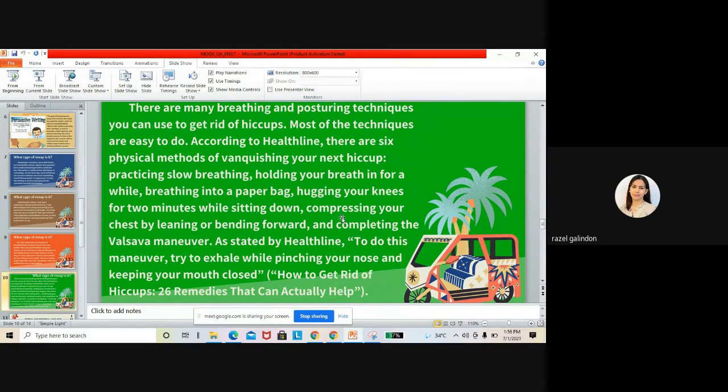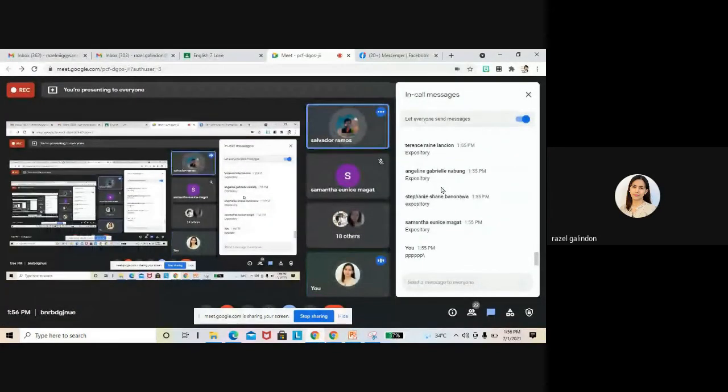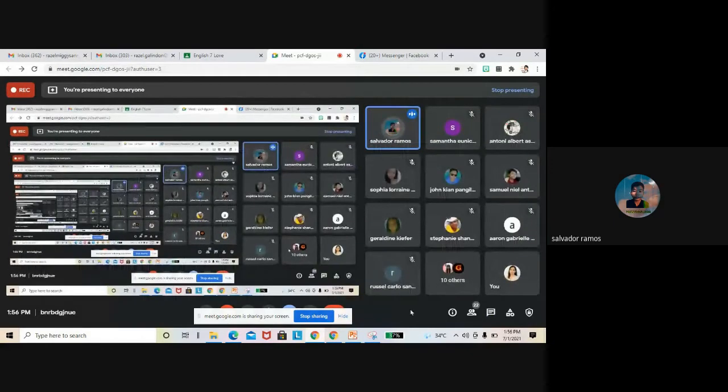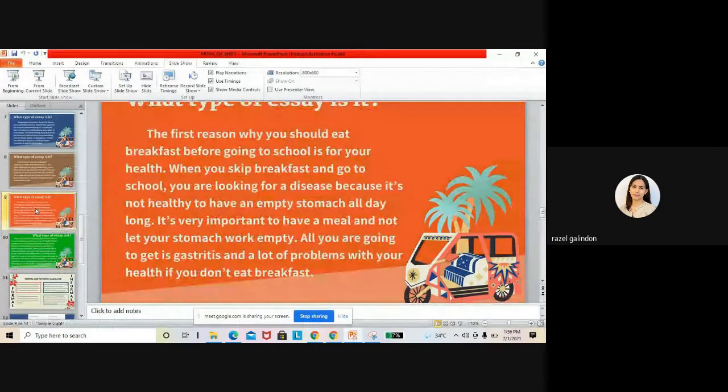Okay, so we're done with the 4 types of essays. Before we proceed to formal and informal language, do you have any question regarding the 4 types of essays? Yes, Salvador? Ma'am, yung doon po ba sa isa po, bakit po naging persuasive po yun? Wait lang, balikan natin. Ito, yung the first reason why you should eat breakfast. Opo. Okay, it is persuasive because we can feel here that the writer is convincing us that we have to